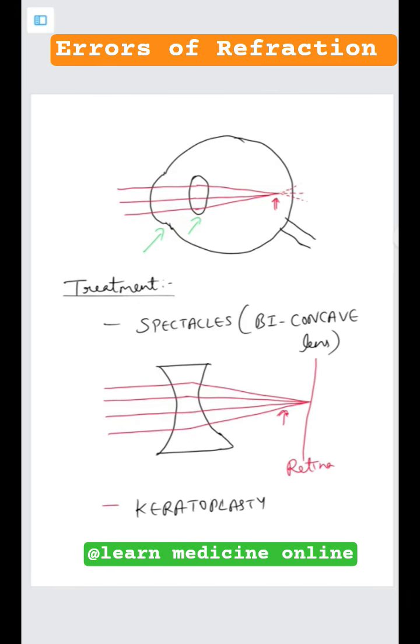retina. In some patients, keratoplasty can also be done. It's a surgical procedure, okay? In the